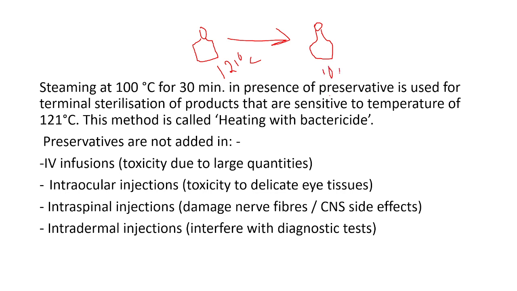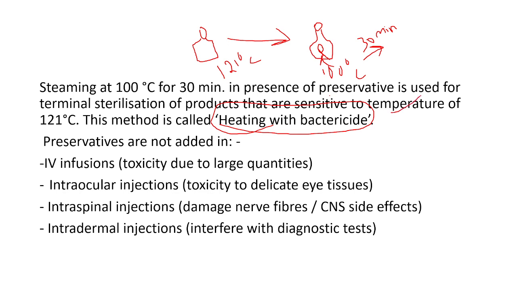If it is sensitive to 120 degrees centigrade, then it can be steamed at 100 degrees centigrade for 30 minutes. And that bottle contains preservative inside it. Hence, this method we can call heating with bactericide. At 100 degrees temperature, we are heating with bactericide. Bactericide is nothing but preservative. Heating of a product that contains preservative at 100 degrees centigrade, we call heating